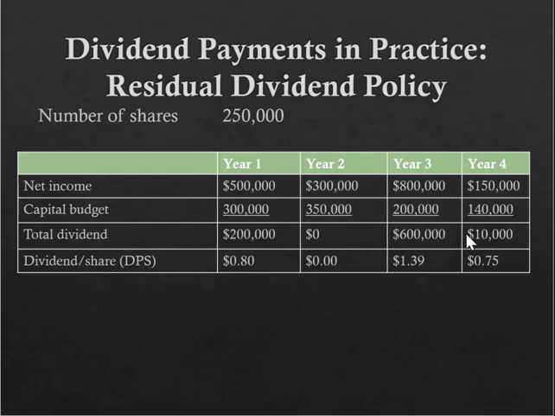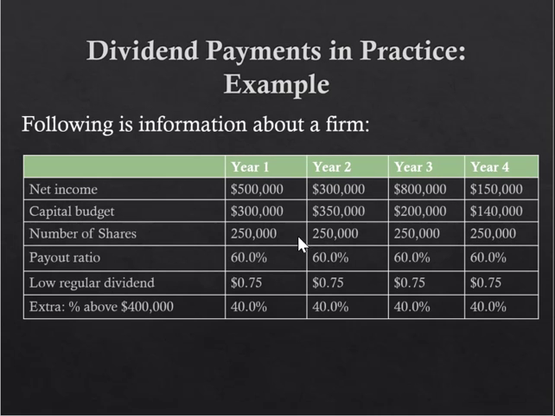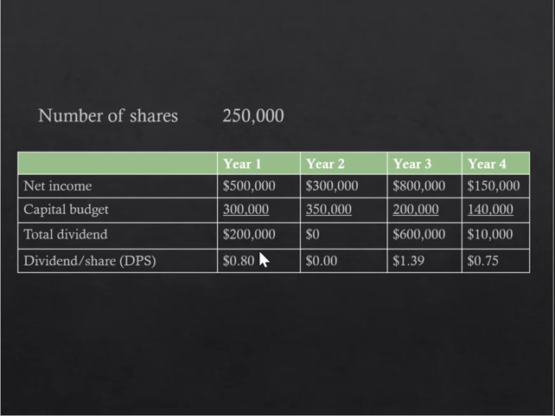That's coming off of this data here. You can see that. And so the total dividend in this particular case is going to be $200,000. So you had 500,000 minus 300,000 is 200,000. And so you've got $200,000 available, and the dividend per share is going to be 80 cents,